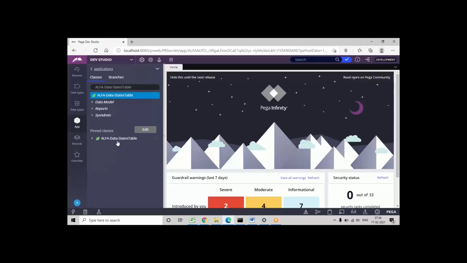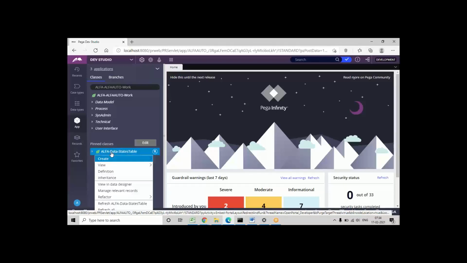This will be added to the pinned classes. Again, if you want to change this, you can choose your work layer name, which is just a refresh, and automatically it will go to the work layer. So any rules you want to define in other classes, we can add to the pinned classes. Now under this, we are going to define the report definition.